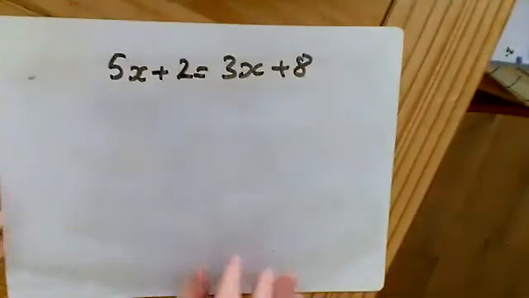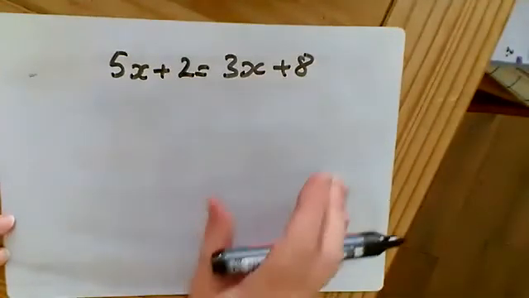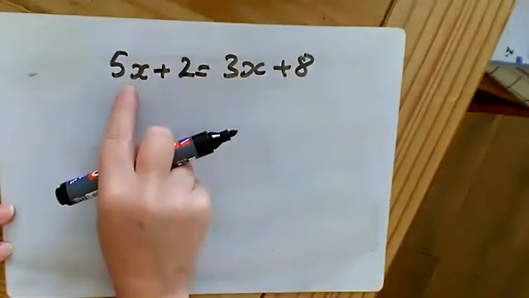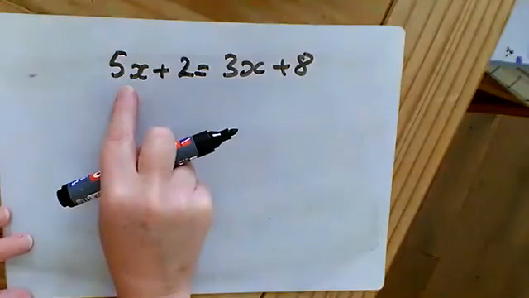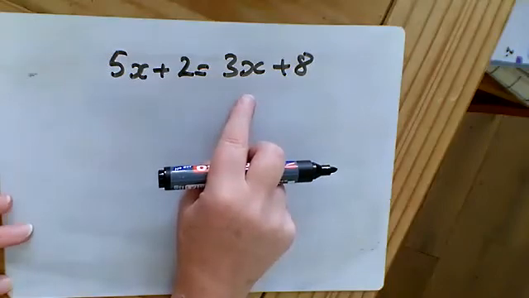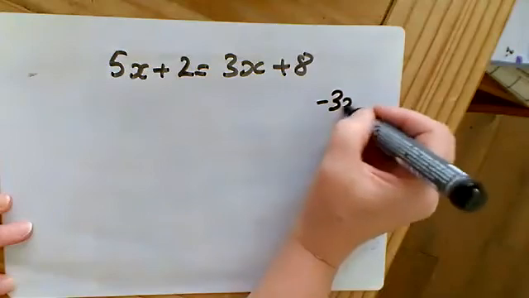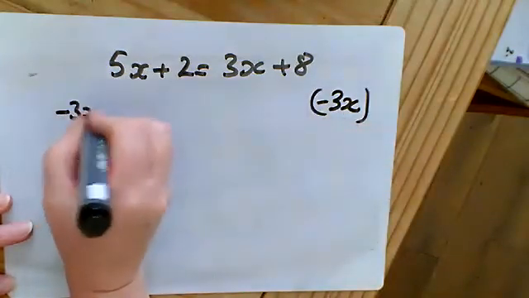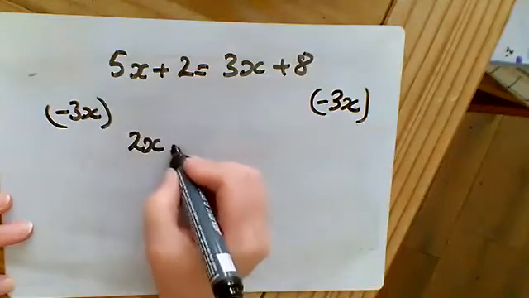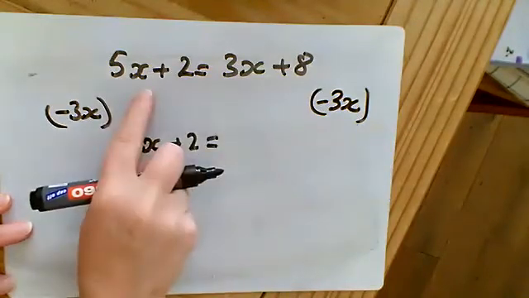Okay, moving on to where x is on both sides. For this one, the idea is we get all the x's over to one side. In this case, I'm going to move these x's over here because that keeps my x's positive. I could move the 5x over here, then I'd have to deal with some negative x's, and that just gets a bit trickier, although you can do it and you'd get the same answer. So I'm going to start off by taking away 3x on both sides. 5x take away 3x, that would leave me with 2x plus 2 on this left-hand side,